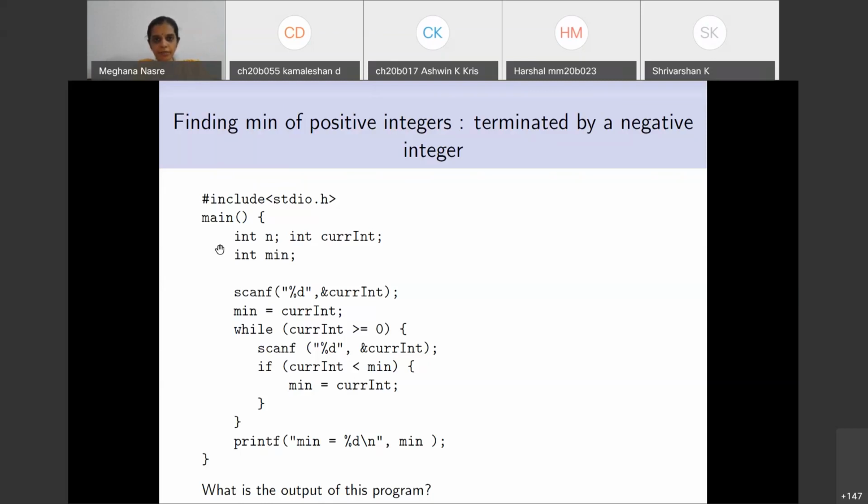Okay, one of the things is what is this n doing? N is not required. You can delete that n also. I agree with that. Sorry about that. N is not required. Yeah, so n is some redundant variable. Don't worry about that.